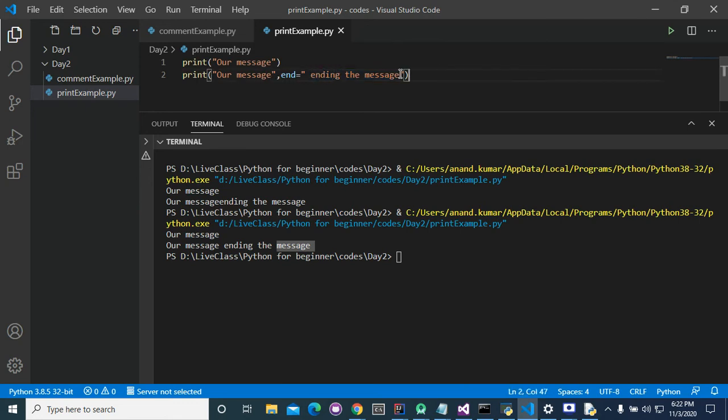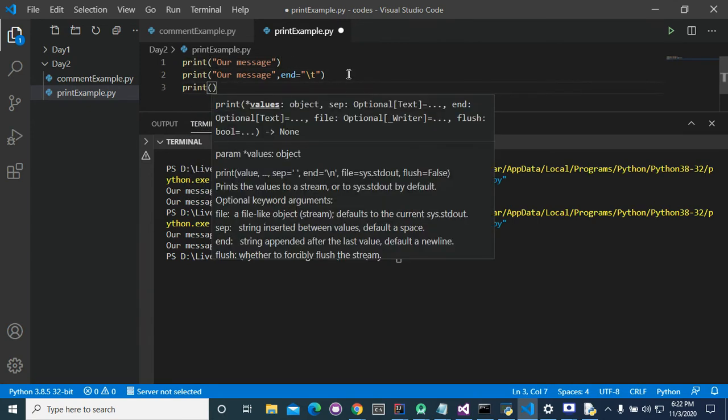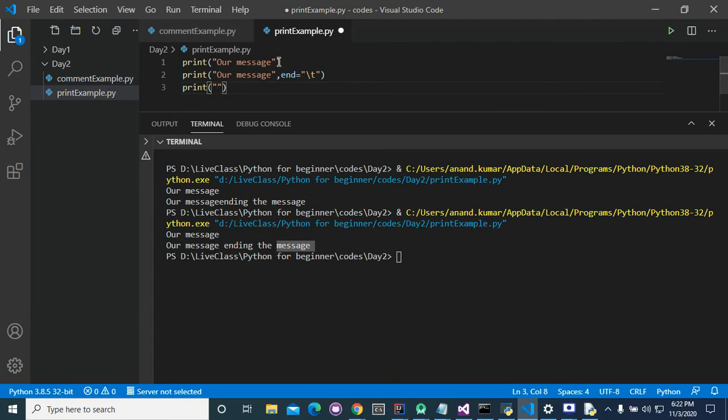Okay, what is the use of this? Let's assume that we don't write this, and we are writing in our first message and our second message.